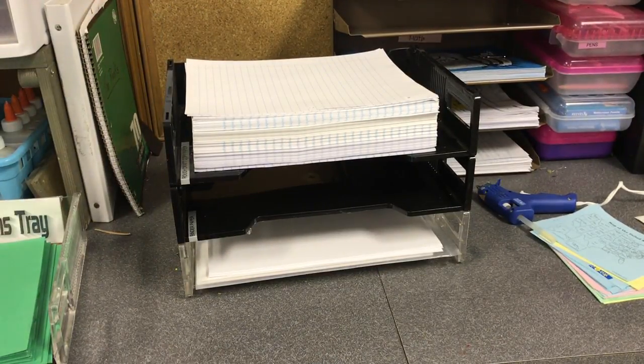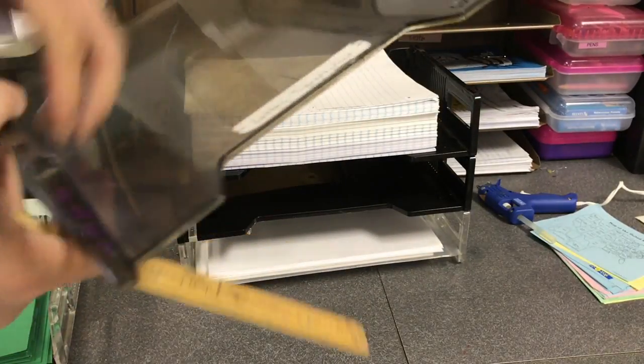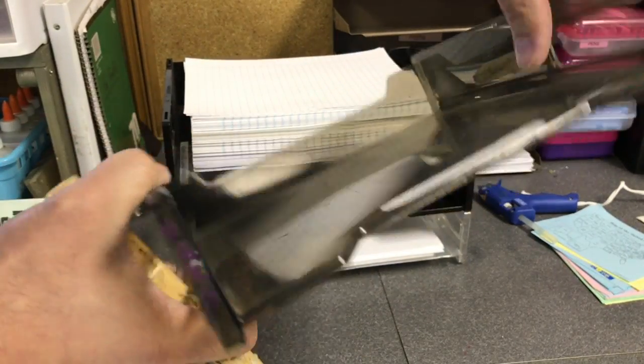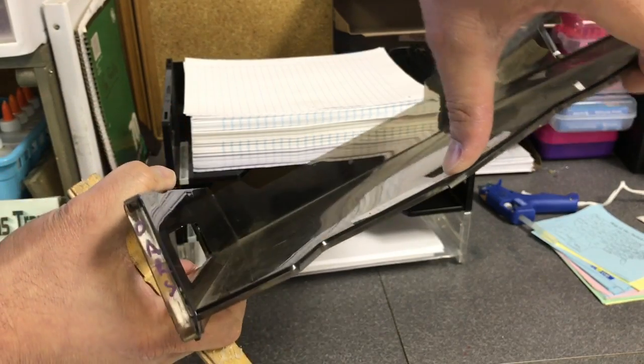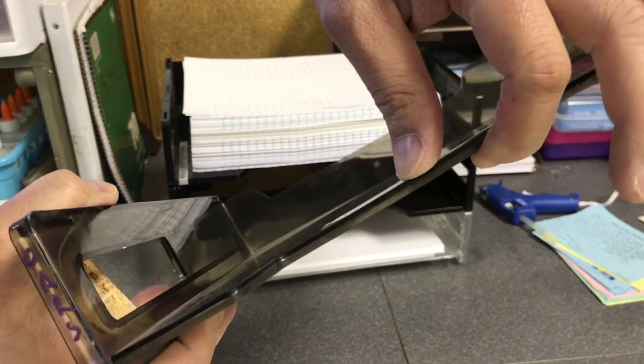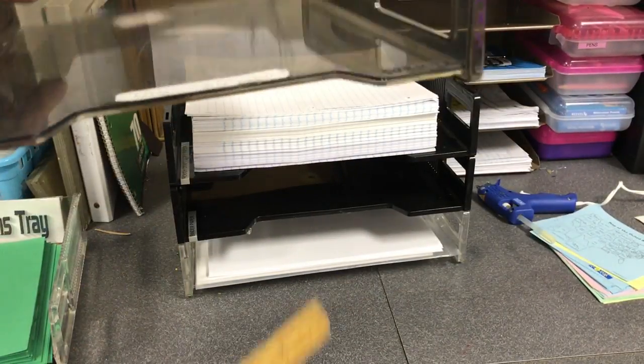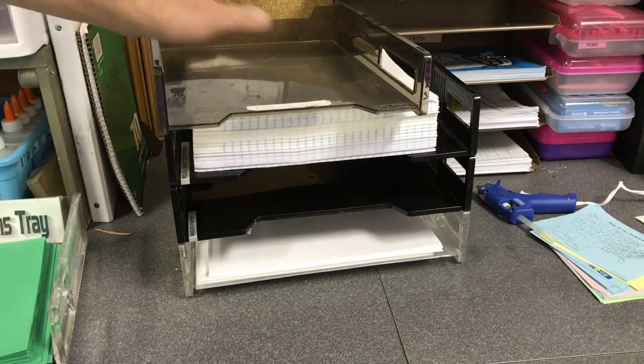All right, I'm going to show you how I like to reinforce these file trays. This is a narrow one, but look, it bends right here, and it's actually cracked, as you can hear. It's been cracked because of years of usage. I'm a teacher, so I like to figure out ways that I can reinforce that without having to buy a